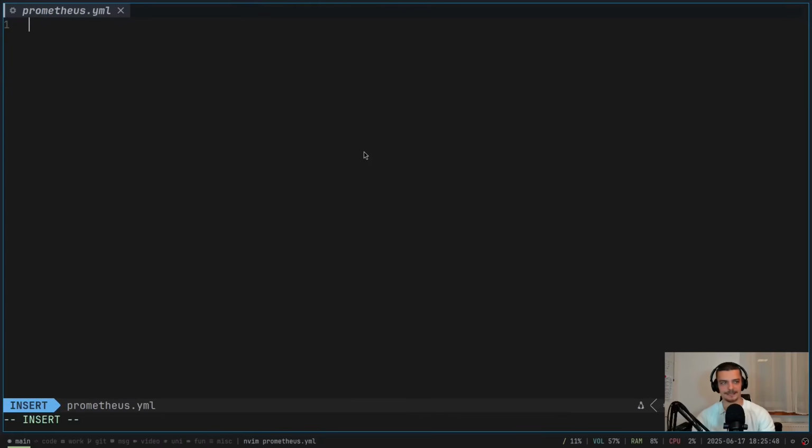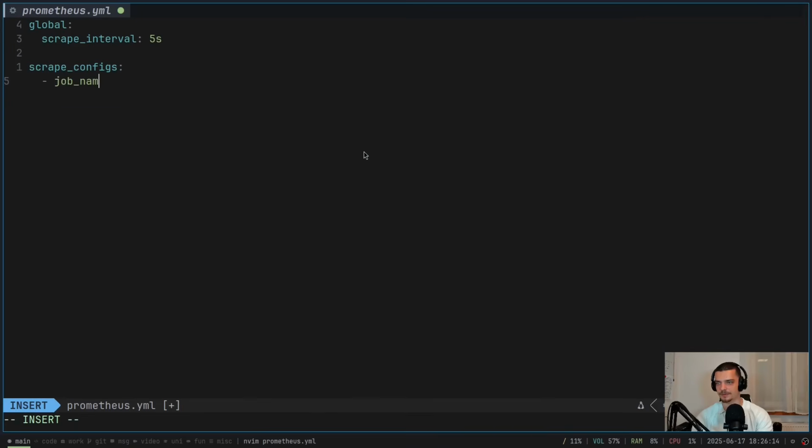So what I'm going to do here is I'm going to say prometheus.yaml, and here I'm going to say now global, and I'm going to set the scraping interval. So how often do I want to update the monitoring, or do I want to scrape for the new values? I'm going to say scrape_interval, let's say 5 seconds. You can adjust this depending on how important the information is to you or how up to date it has to be, how granular and frequent it has to be. And then we're going to say scrape_configs,